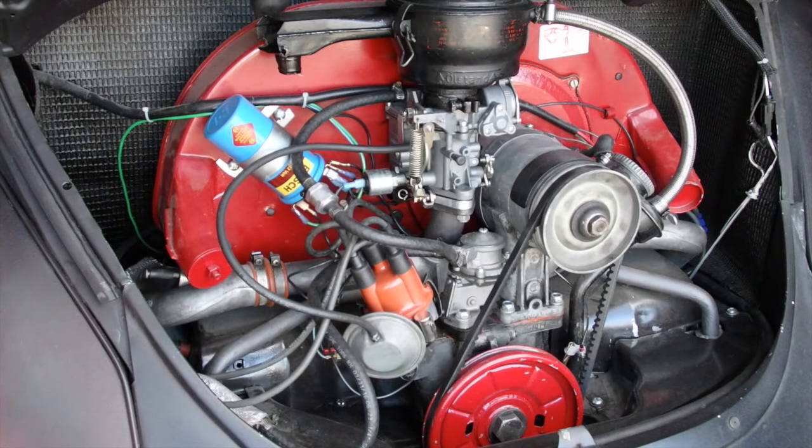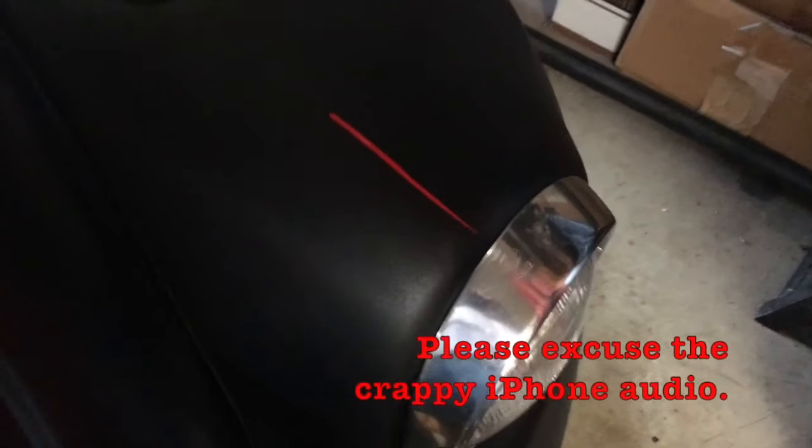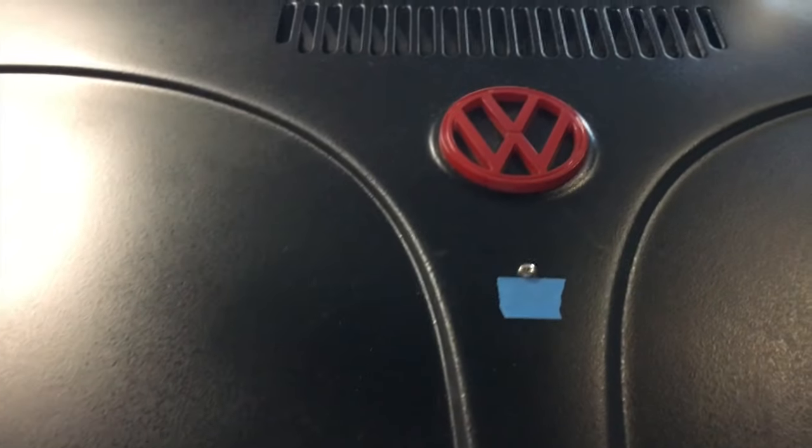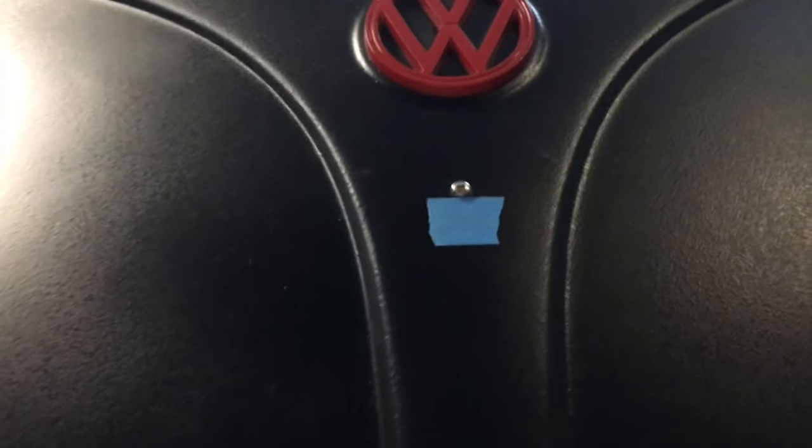Success. It worked. Finally. So I've pulled some preliminary lines for the pinstriping. There, a little bit on the back. I'm now getting ready to pull some white down the nose. So I'm just using the blue tape as 1-inch spacers. My hope is that I'm just going to pull some solid lines there,